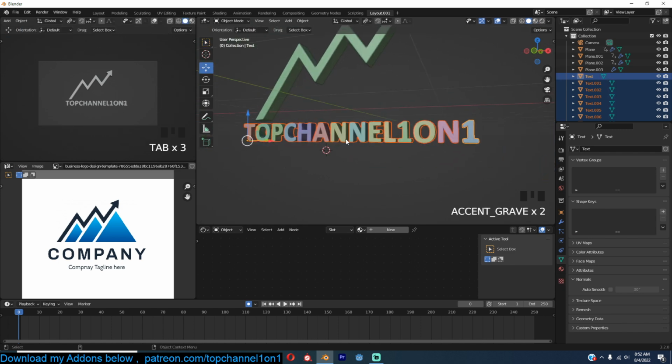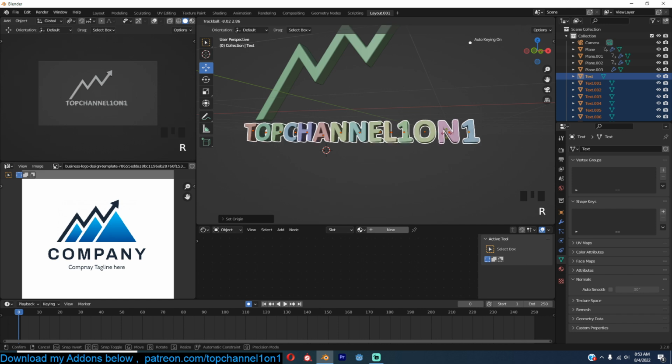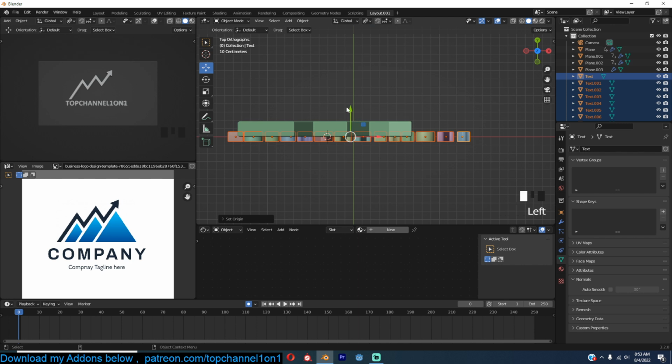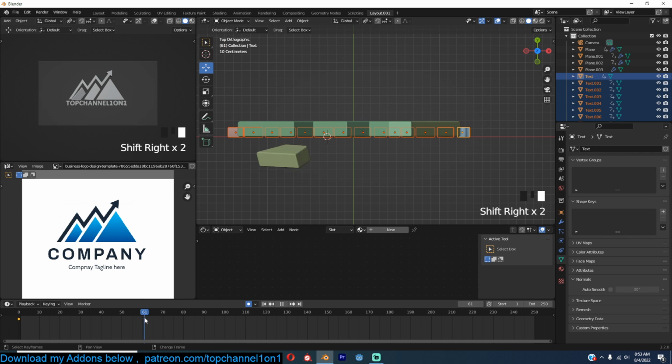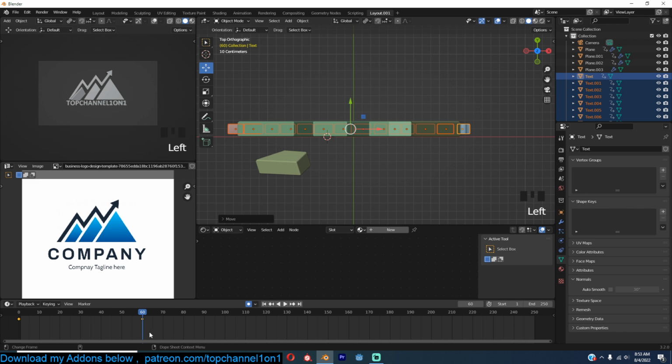And now we need to make sure that the origin is at the center of each letter, not at the center of the first letter. So we're going to do origin to object. So each object is rotated like that. And now to animate this, let's make sure we set a keyframe at frame 50? You can have this at frame 60. A keyframe there, and I go to the first frame,